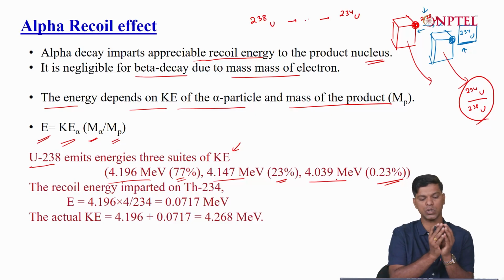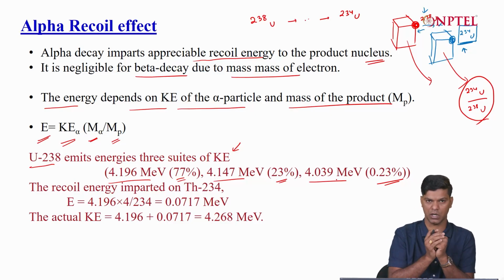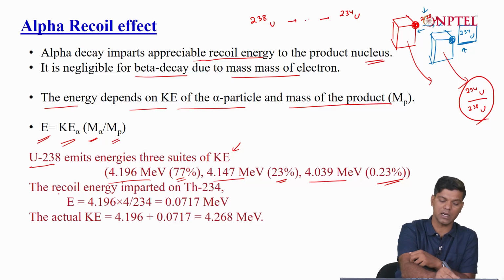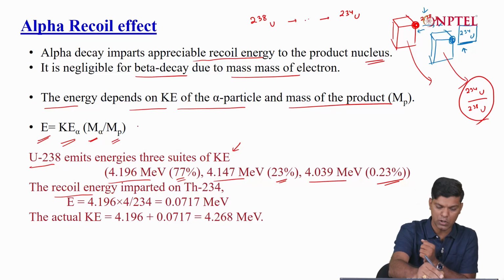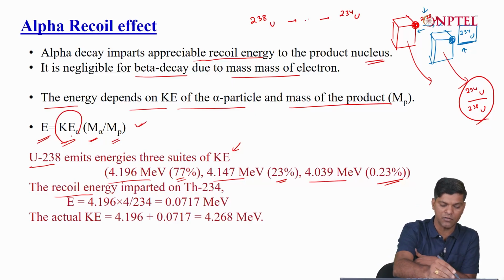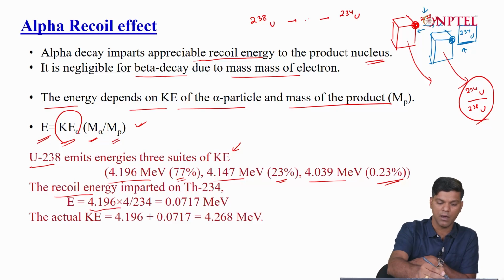Now assume this 238 decayed to thorium 234, and we need to calculate the recoil energy imparted on thorium 234. We can use this expression: the energy is equal to the kinetic energy for alpha, which is 4.196 MeV, times the mass of alpha, let us assume it to be 4, divided by the mass of the product, let us assume this to be 234, I have rounded it off. So, the number is